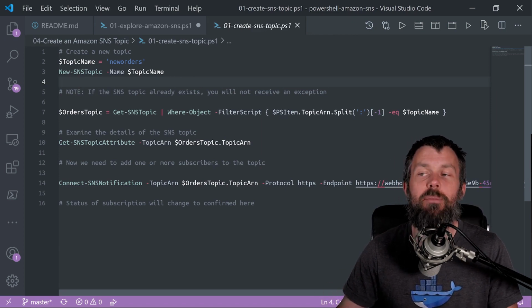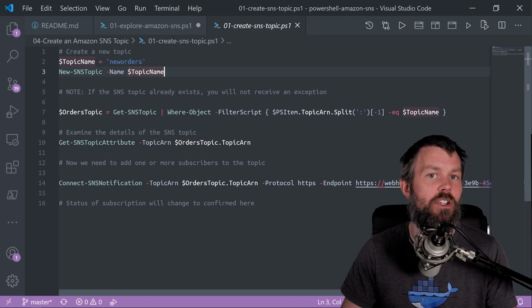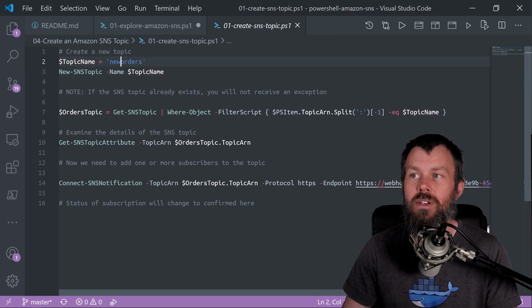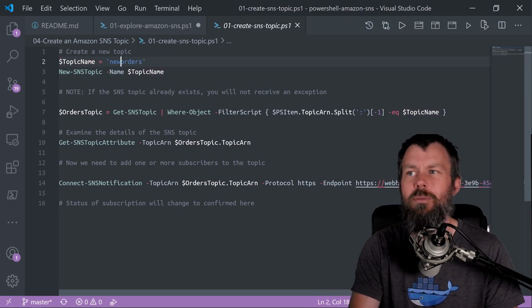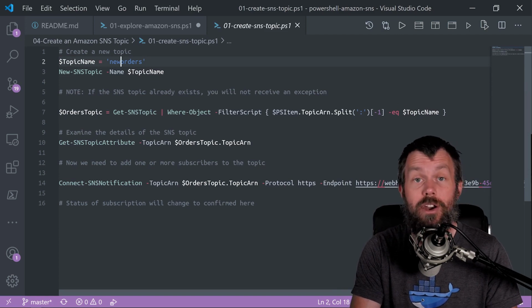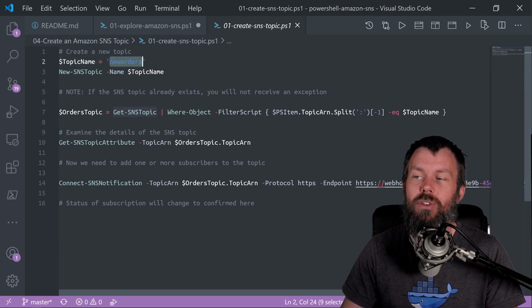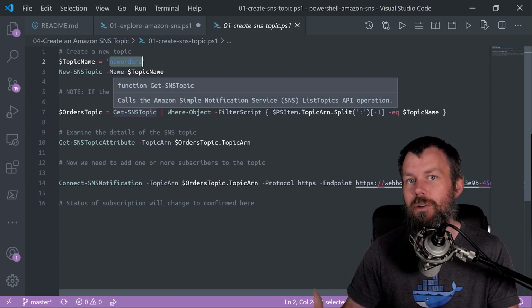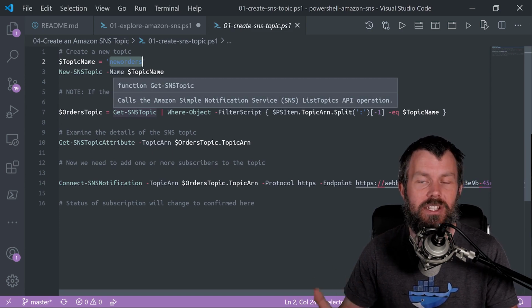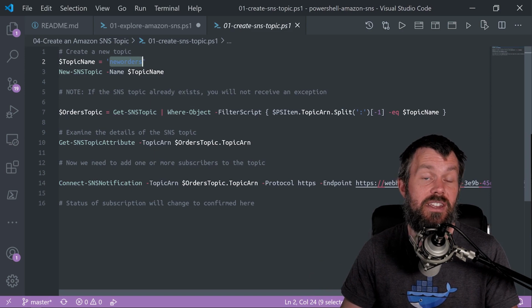Now, there are certain topic naming rules around special characters that you can't use, and I don't think you can put spaces in the name either, because that would break the ARN, or Amazon Resource Name. But I'm just going to come up with a simple name here like new orders. So imagine that we're creating an ordering system for an online retail service, and we're creating an SNS topic that